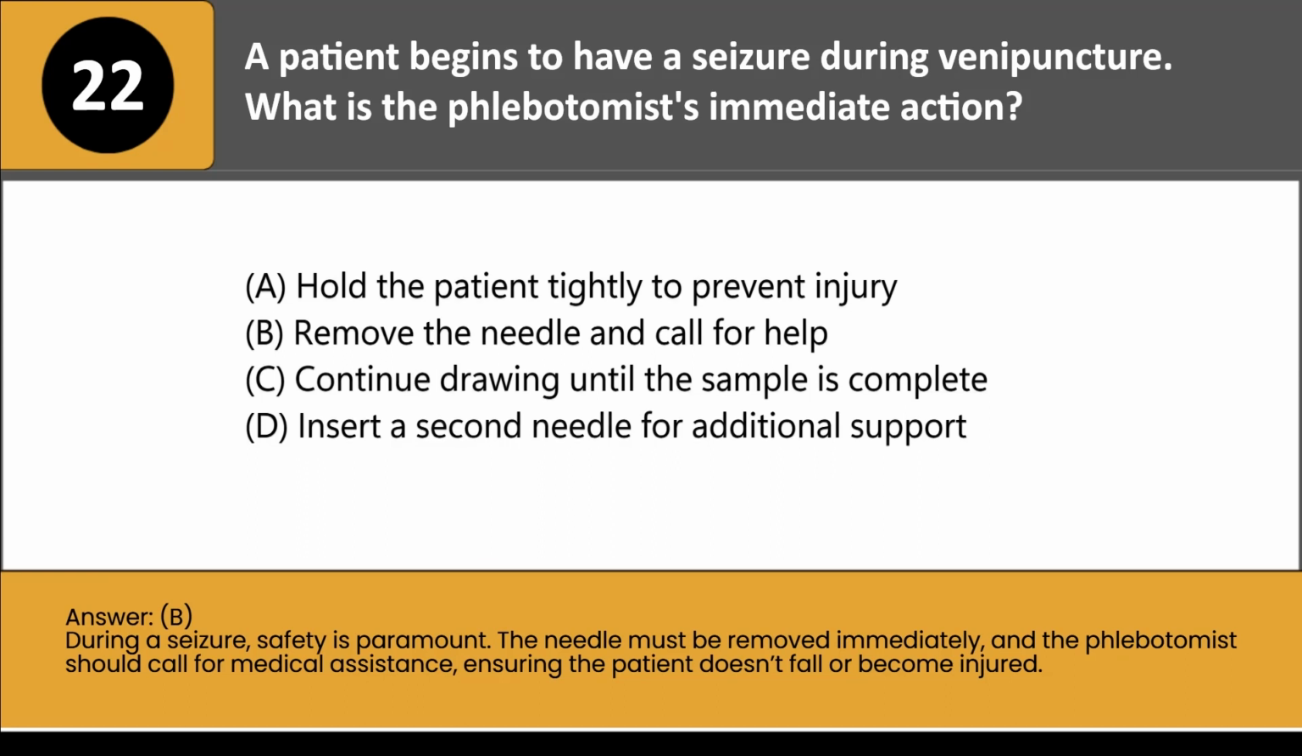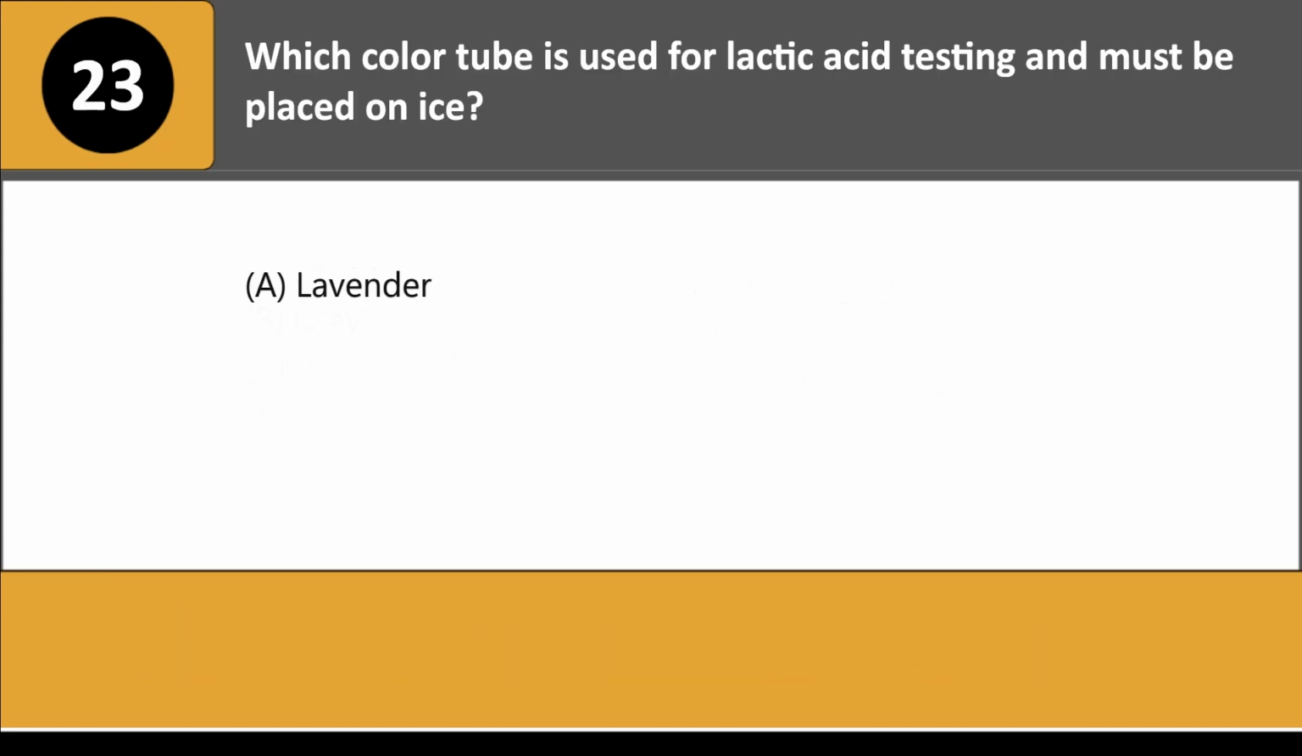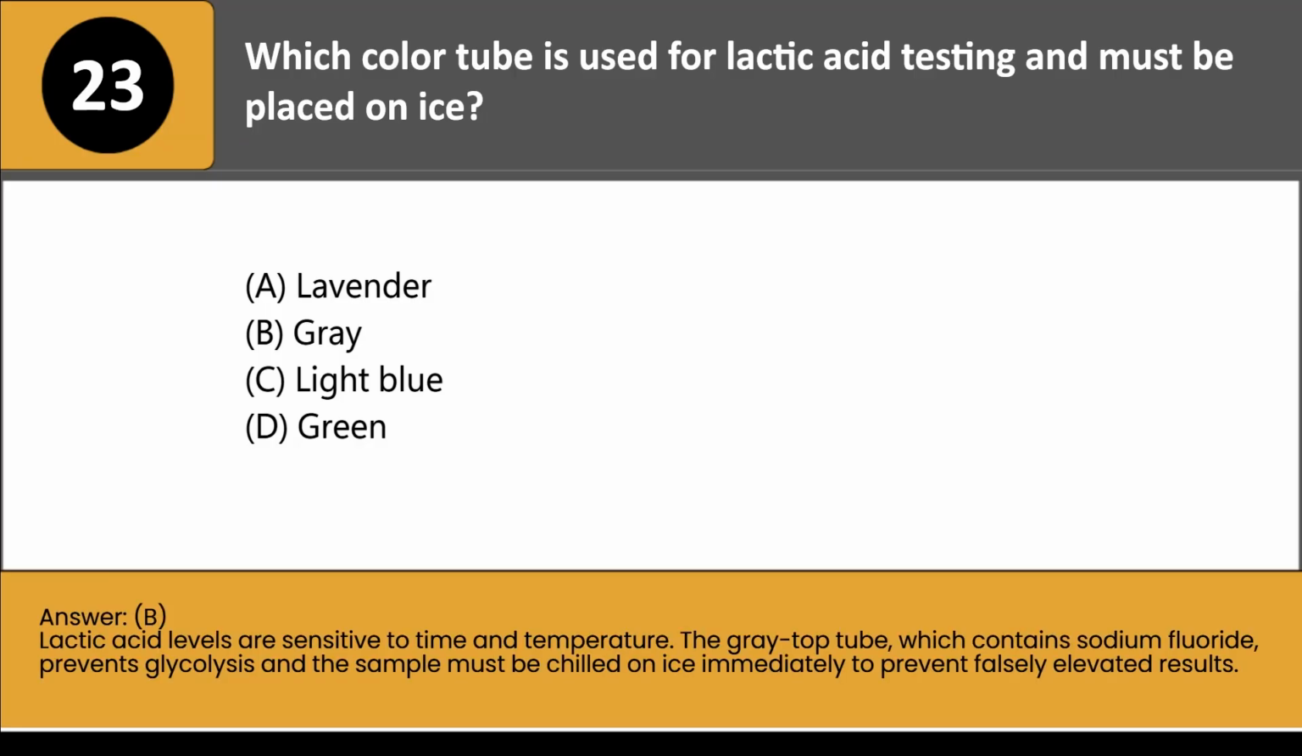become injured. Which colored tube is used for lactic acid testing and must be placed on ice? A. Lavender. B. Gray. C. Light blue. D. Green. Answer: B. Lactic acid levels are sensitive to time and temperature. The gray top tube, which contains sodium fluoride, prevents glycolysis, and the sample must be chilled on ice immediately to